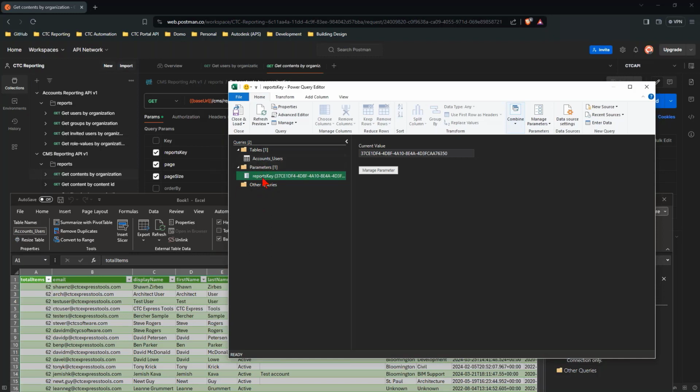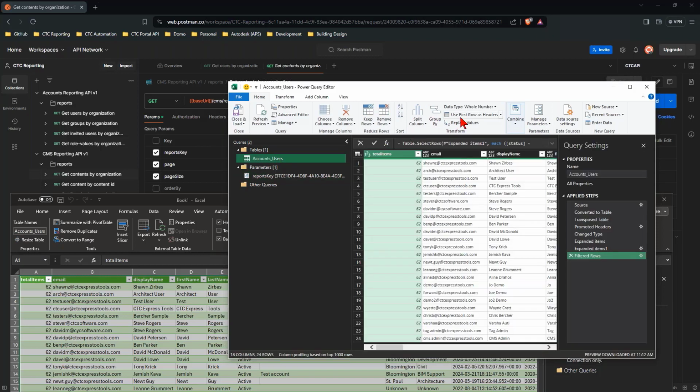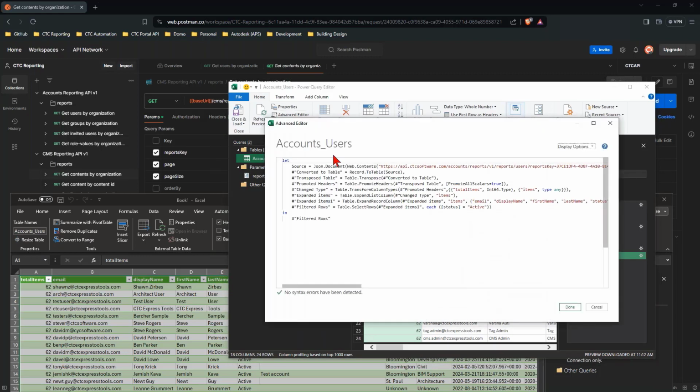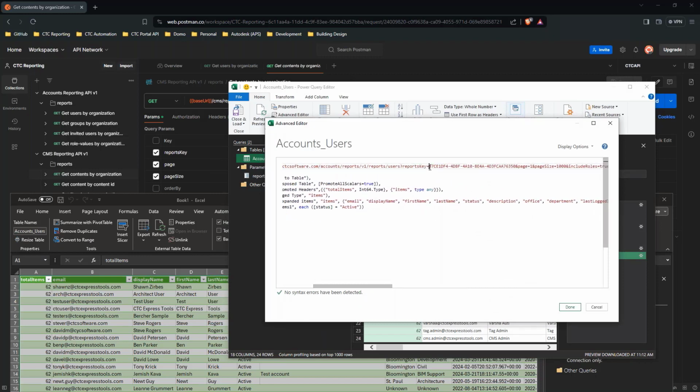as well. So here, this reports key now has a value. And if I go to accounts users here, I'm going to show you with the advanced editor how we can inject that parameter into the query. So advanced editor. And over here where the reports key value shows up right here, this is how we can